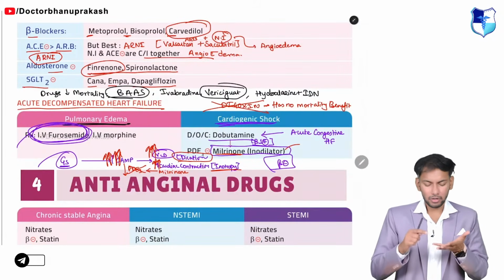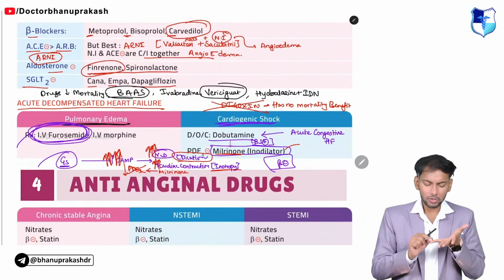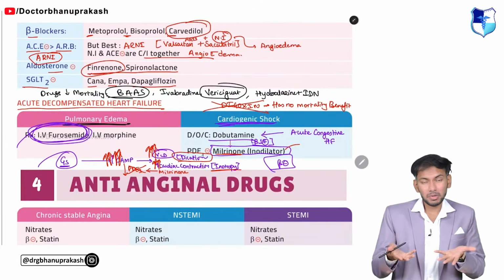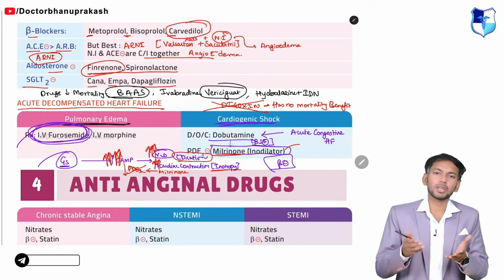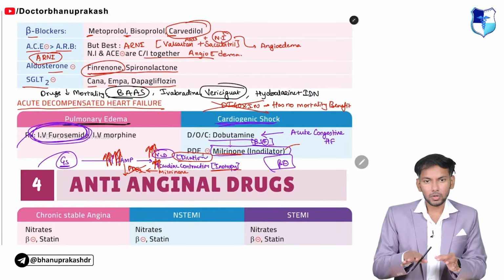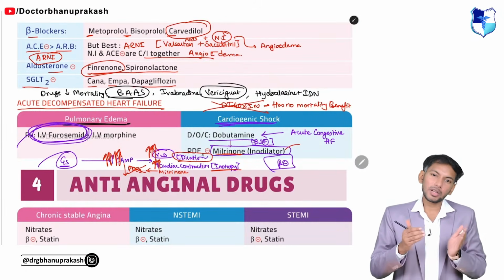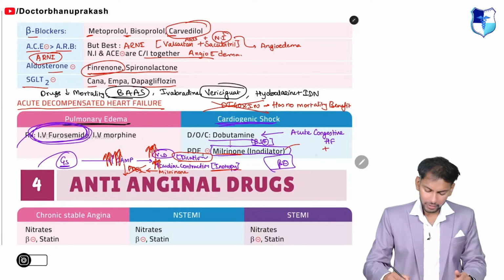Acute congestive heart failure, dobutamine. If this does not work, we will give milrinone. Now we have a new drug called levosimendan, but we are not using it. We are now using milrinone. Now, if a person has acute congestive heart failure along with decreased BP or hypotension,